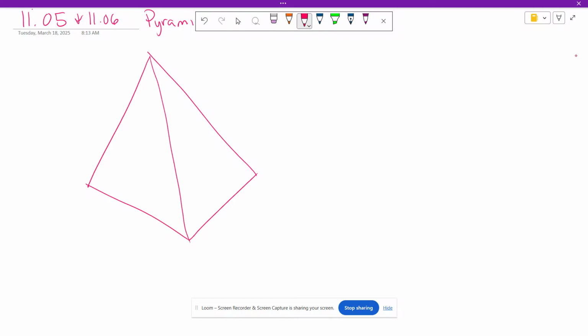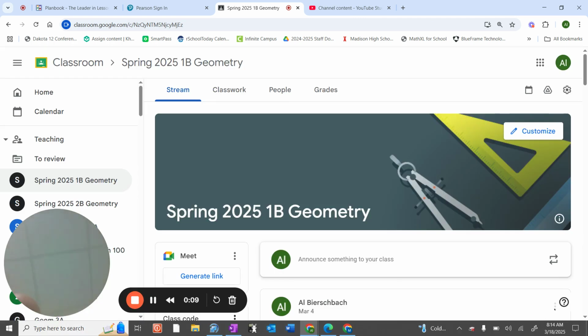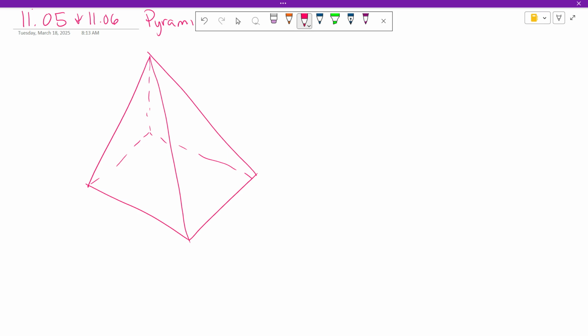So today we're going to have square-based pyramids or rectangular-based pyramids, however, depends on what their shape is. So let's make this a square. So this is 6, this is 6. Let's say the slant height is 8, okay? 6, 6, and 8. To find the surface area of a pyramid, you have a base, okay, which is the